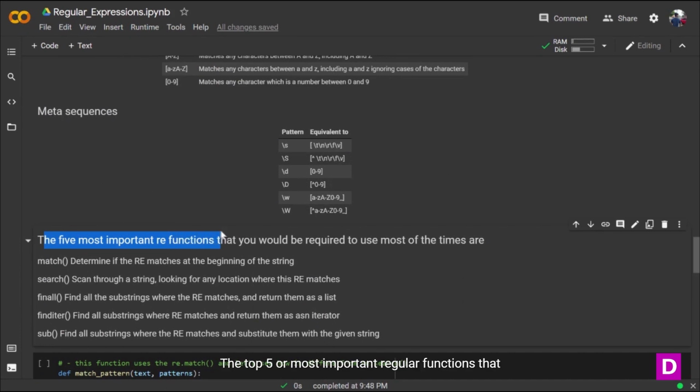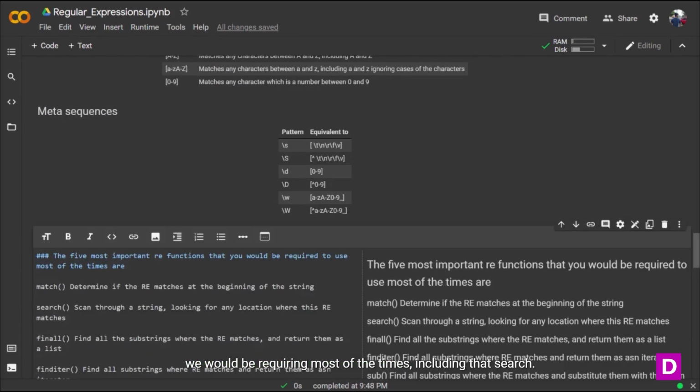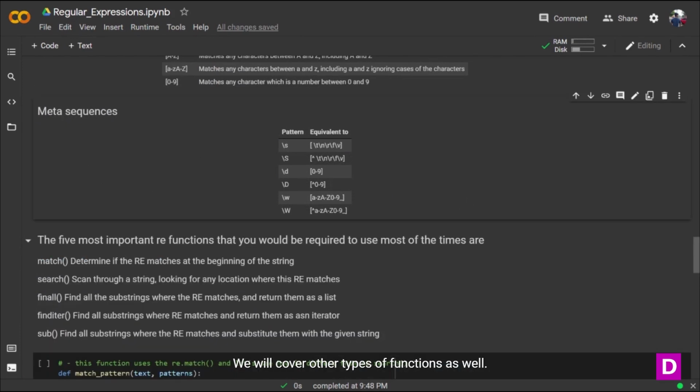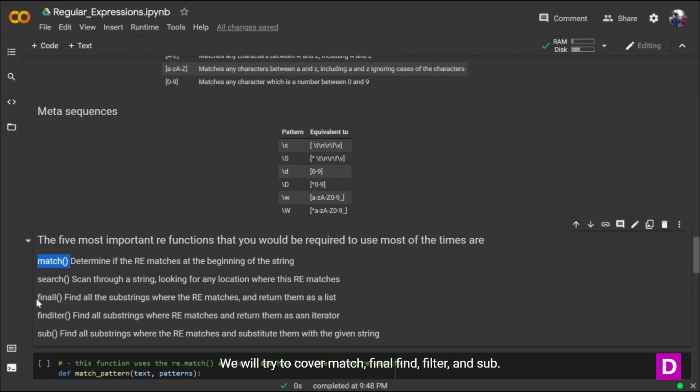The top 5 most important regular expression functions that we would be requiring most of the time. Including search, we will cover other types of functions as well. We will try to cover match, findall, find, filter, and sub. We'll try to explore these functions as well in the